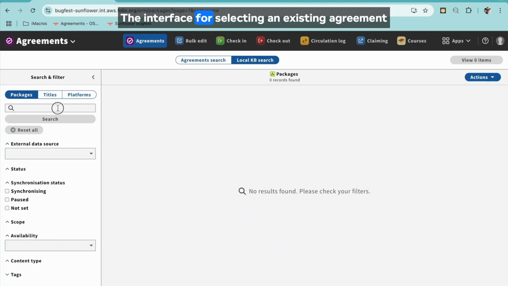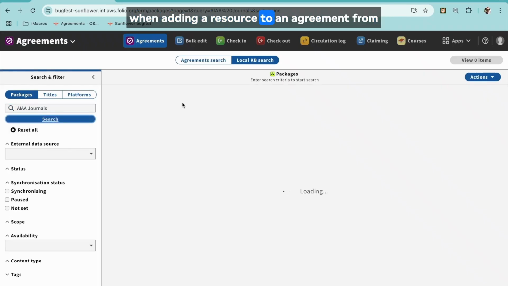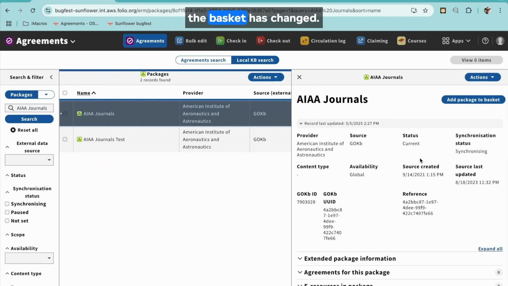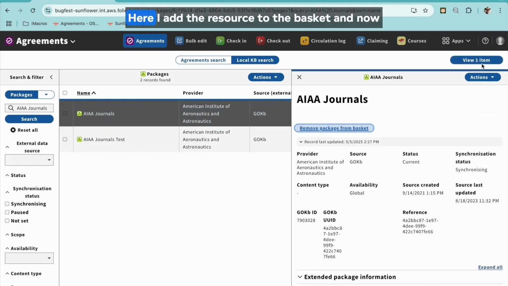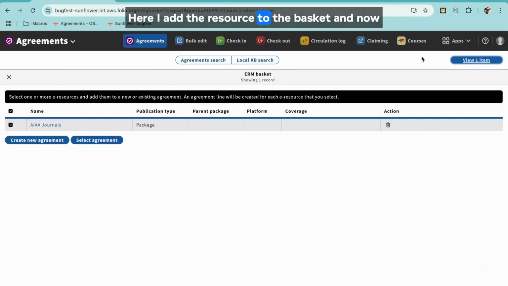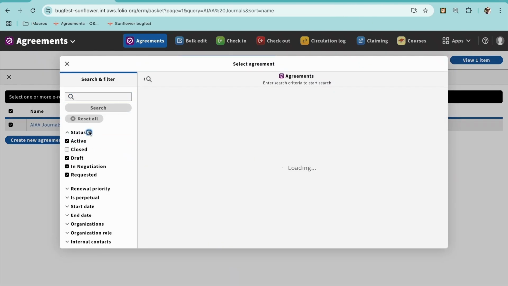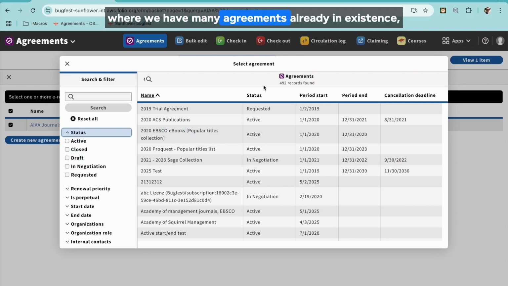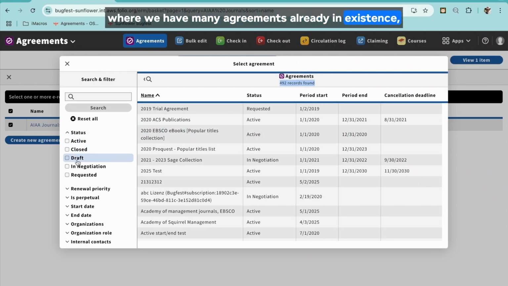The interface for selecting an existing agreement when adding a resource to an agreement from the basket has changed. Here I add the resource to the basket, and now when I go to select an existing agreement, I get the full agreement search. So in this case, for example, where we have many agreements already in existence,